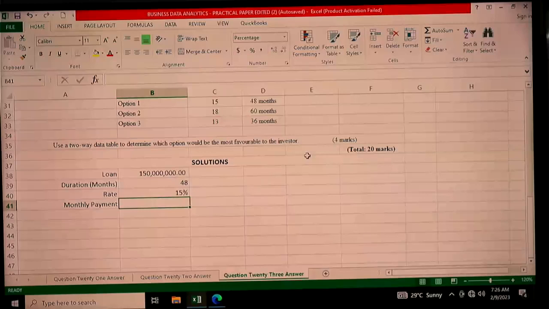I'm also sharing the worksheet on WhatsApp, so you can download it from WhatsApp. So I've shared